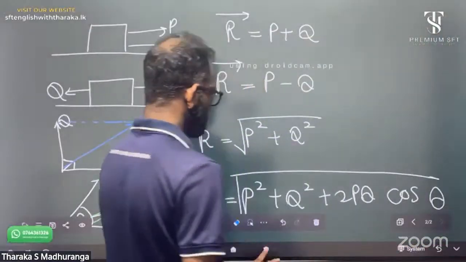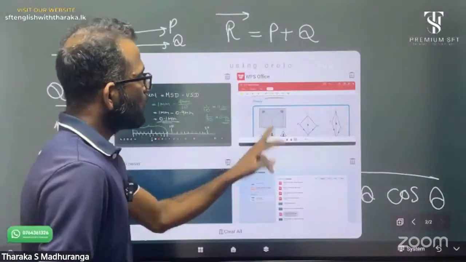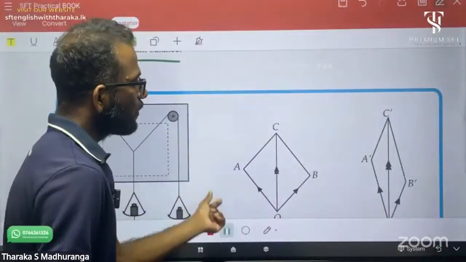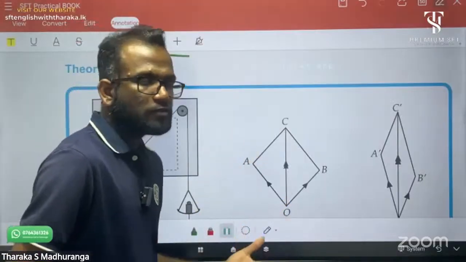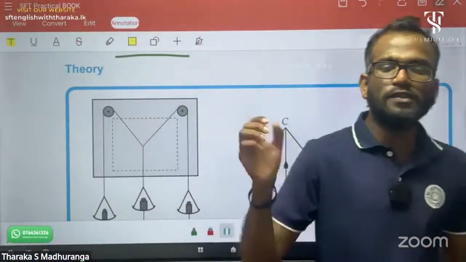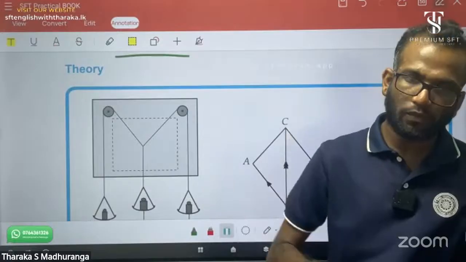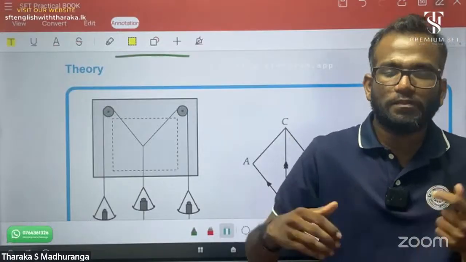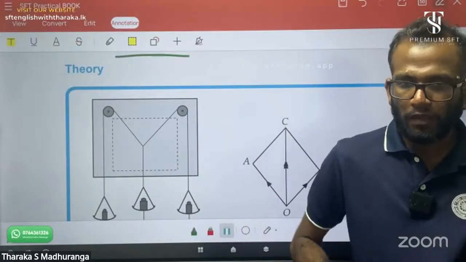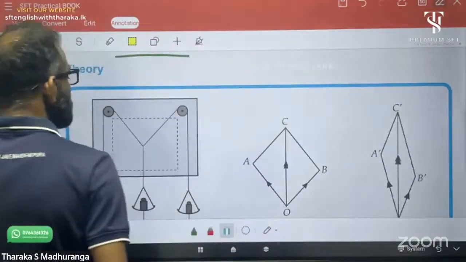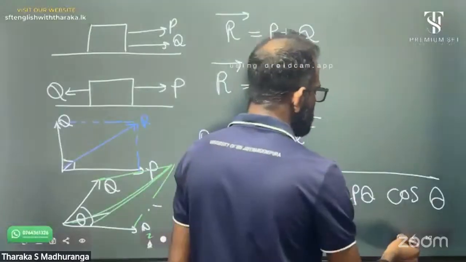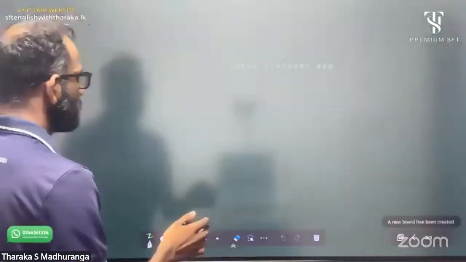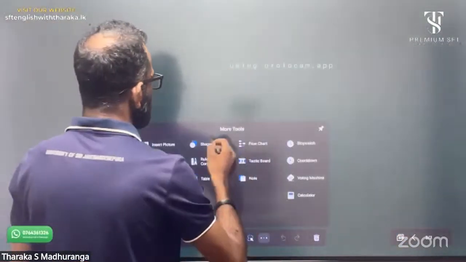Now we are going to prove this experimentally, to practically prove this theory correct or wrong. Let's test it. For this, in the first step, you should